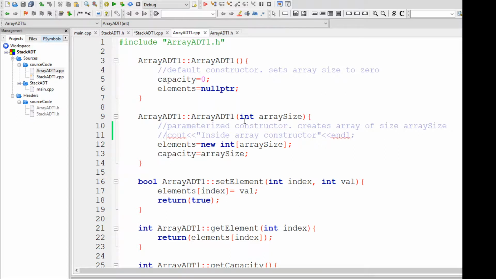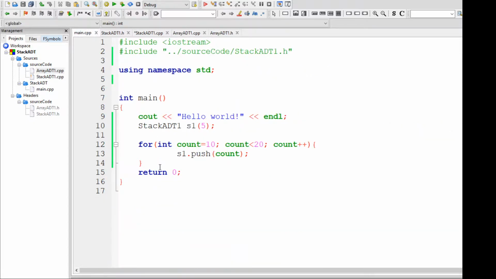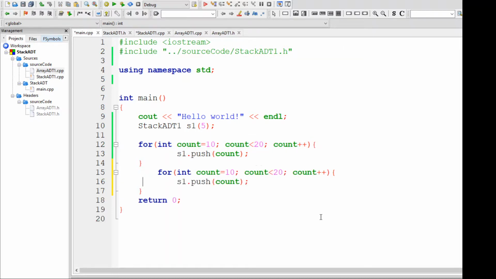Okay. And now let's also add a set of pop operations. I tried to do 10 push operations, so I'll now try to do 10 pop operations. Now what should happen is I should be able to pop out 5 values.